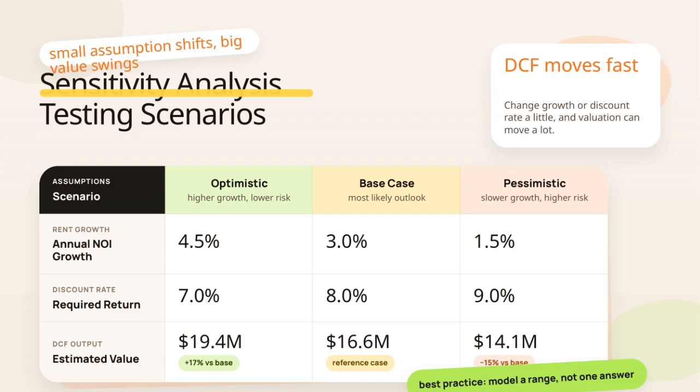We outline 3 scenarios here to capture a range of possible outcomes. In the optimistic scenario, we assume higher growth and lower risk, leading to a value increase of about 17% above the base case. The base case represents the most likely outlook with moderate growth and risk assumptions. Then there's a pessimistic scenario, which assumes slower growth and higher risk, causing the value to drop around 15% below